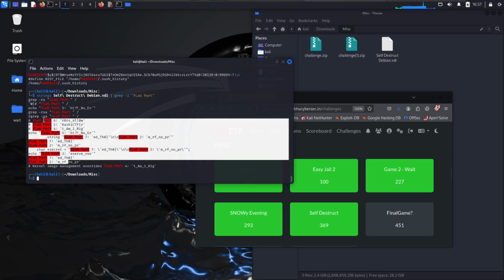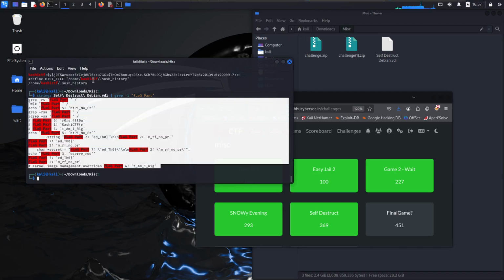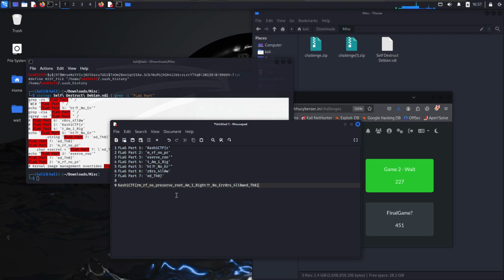And you can see it's got some interesting stuff here. We've copied that to a notepad and tidied it up a bit, and you can see here is the flag. Next we go on to